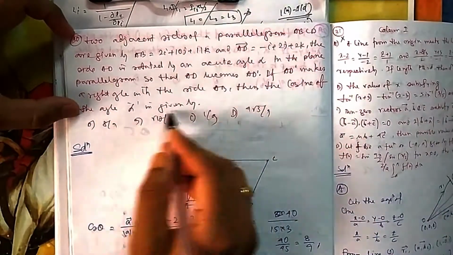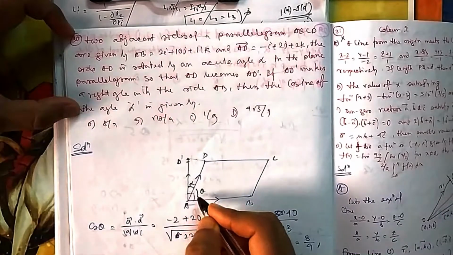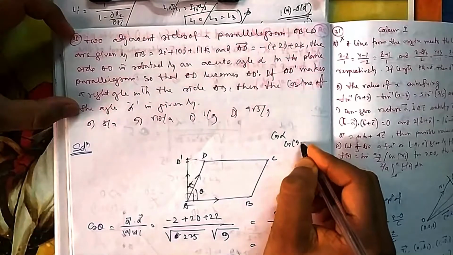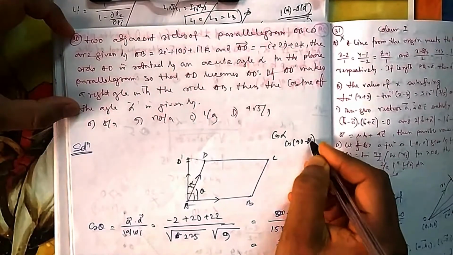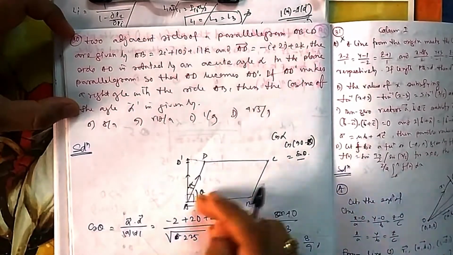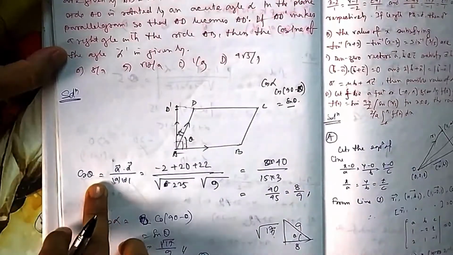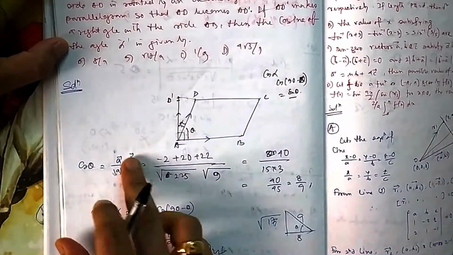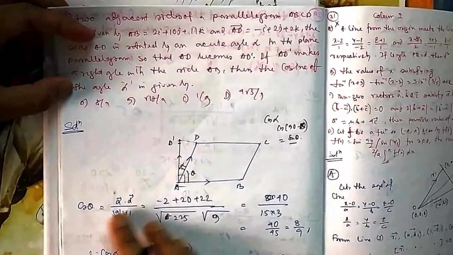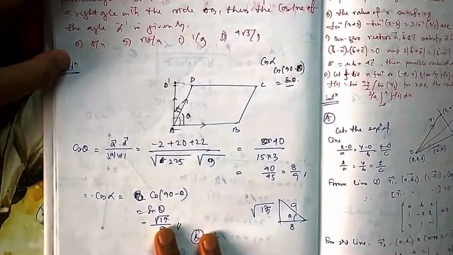Then you need to find cos alpha. You have the relation between these two. Cos alpha is cos of 90 minus theta, so that means they are asking for sin theta. You can find sin theta between these two vectors using the cross product, but here I am doing cos theta. No issue, you can directly get sin theta also because AB and AD are directly given, so there are a number of ways. I am getting cos theta, then from cos theta I am calculating sin theta. You can directly calculate sin theta using the cross product, that will also give you the same answer.